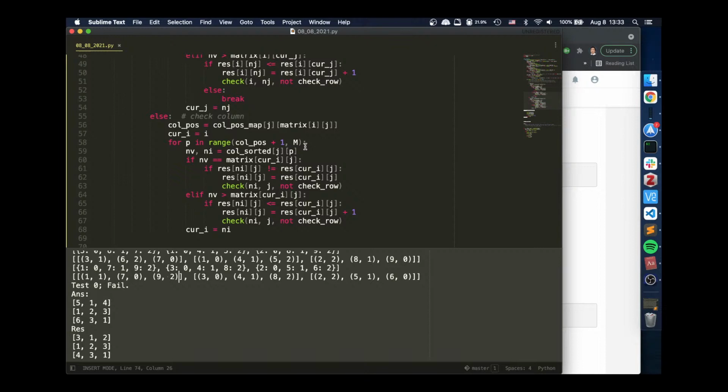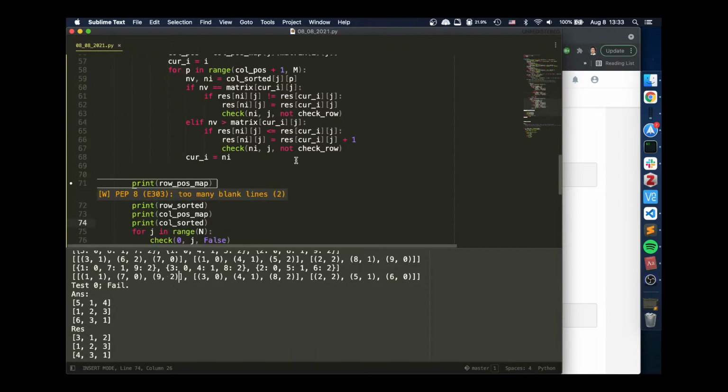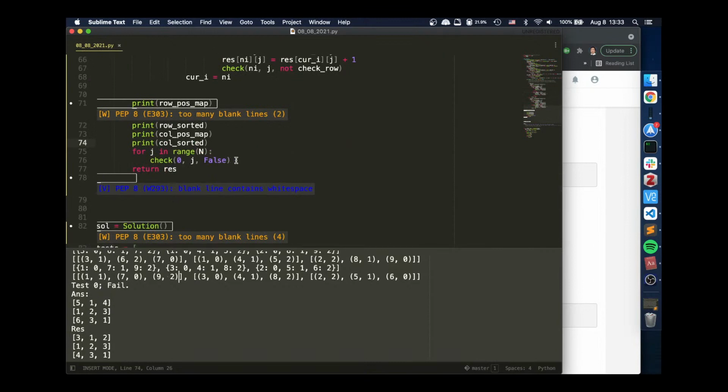Hold on, that means when we check, there's no comparison between the row rank and the column rank, right? That's why, when we do this, we check 0j. We have to first update it and then check. Update and then check, update and then check, which means